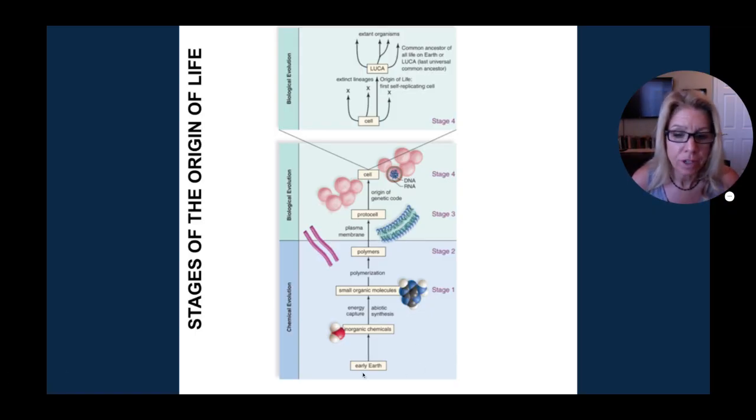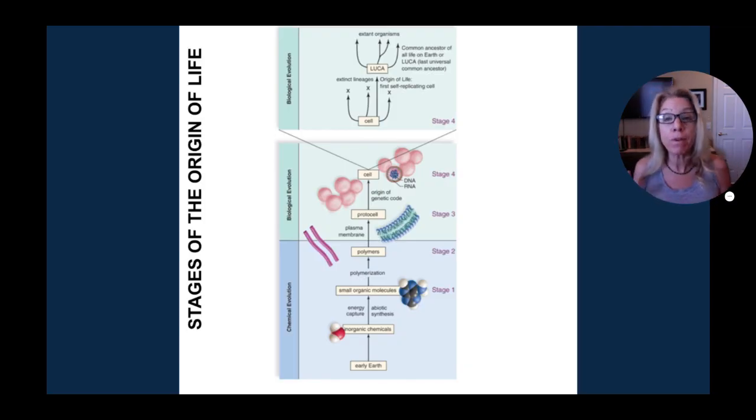Once again, if you start here at the bottom, you see all the chemical evolution: early Earth, inorganic chemicals, outgassing of volcanoes possibly, and then the energy there on early Earth, lightning, UV radiation, the sun, molten magma, lack of an ozone layer. With all of that energy you could form small organic molecules from those gases,